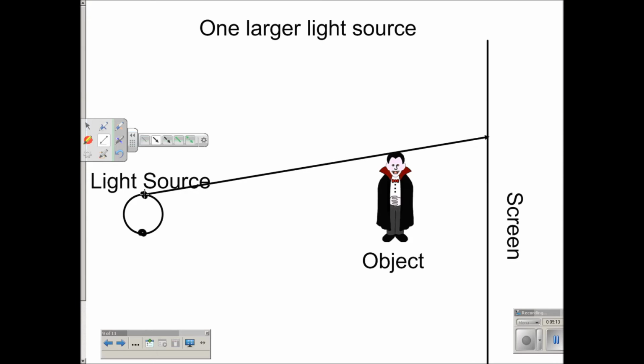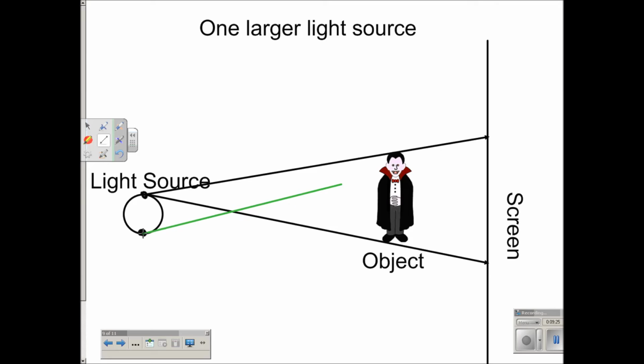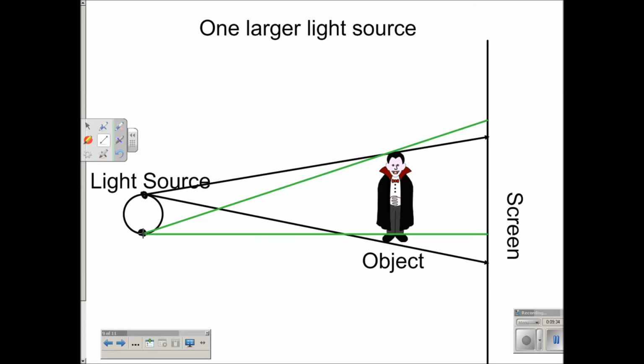Okay, so any light leaving that edge of my light bulb will get blocked between those two black lines, and then light leaving this edge will get blocked between the two green lines. So for all intents and purposes, when you're doing this,